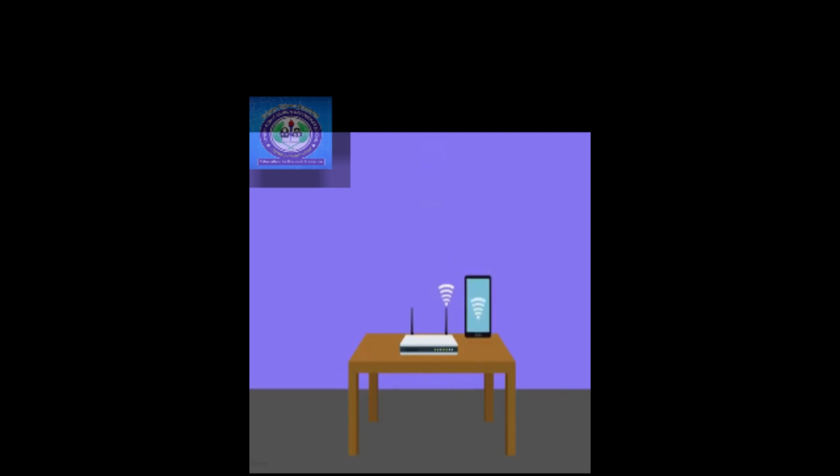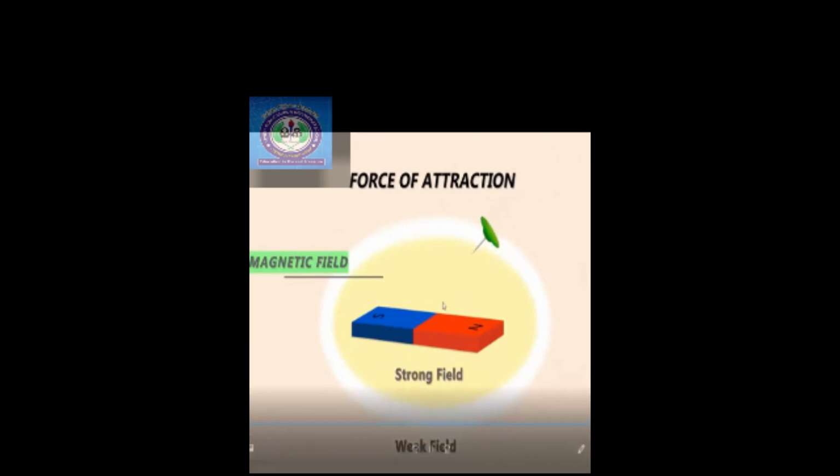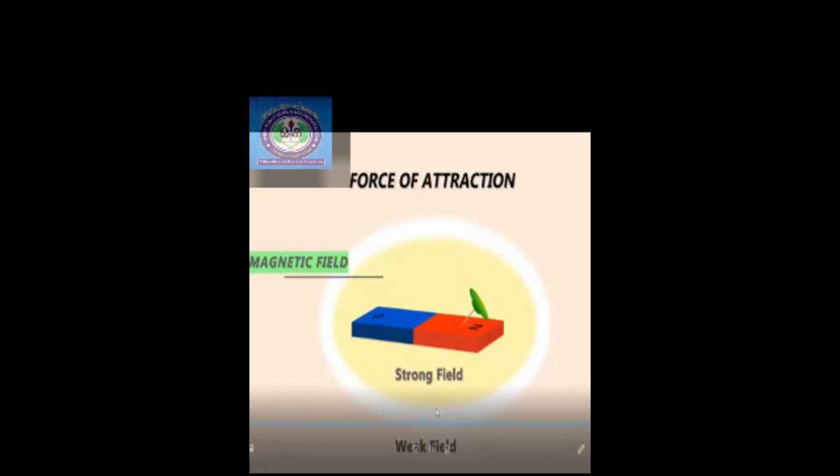One can think of magnets in the same way. A magnet has a magnetic field around it. The strength of this field is greater closer to the magnet and decreases as we go farther away from it. As you bring any ferromagnetic object in this field, it experiences a magnetic force. The closer we bring that object to the magnet, the greater the force it will experience until at some point where the force will be large enough to make the object leap towards the magnet.